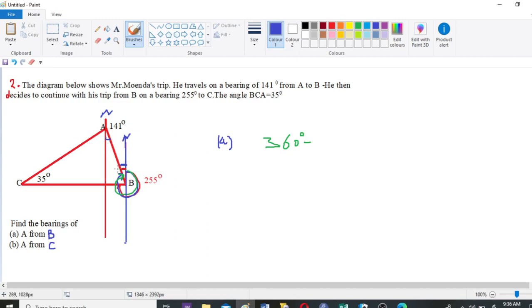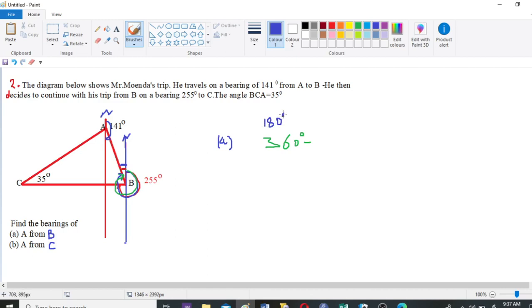Since they are alternate interior angles, a straight line gives us 180, right? Now that out of 180 we've been given 141, to find this remaining one,